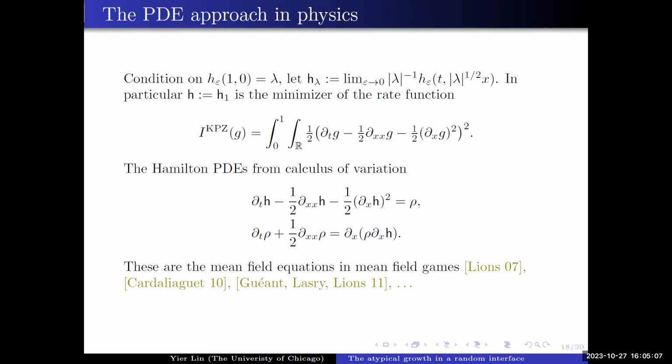And curiously, things coincide with, okay, these equations, they're actually the forward-backward PDE. And this coincides with an important equation in mean field games called the mean field equation, where the first equation tells you, okay, how the value function of certain stochastic control problem behaves. And the second equation describes the density of certain stochastic differential equation given by the control.